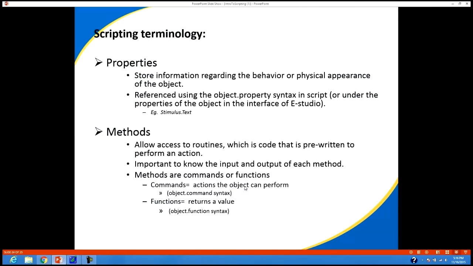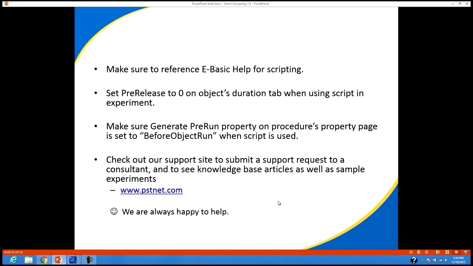A command will allow the object to do something. So if you want to command the object to do a trial or run a trial or run stimuli, there are commands you can do with that context. A function will actually return a value. So these are covered in E-Basic if you want to look into that. And I also, as I mentioned, make sure you reference E-Basic Help for scripting help. Make sure you set pre-release to 0 on objects where there is script involved. And of course, make sure generate PreRun is set to before object run for the property procedures